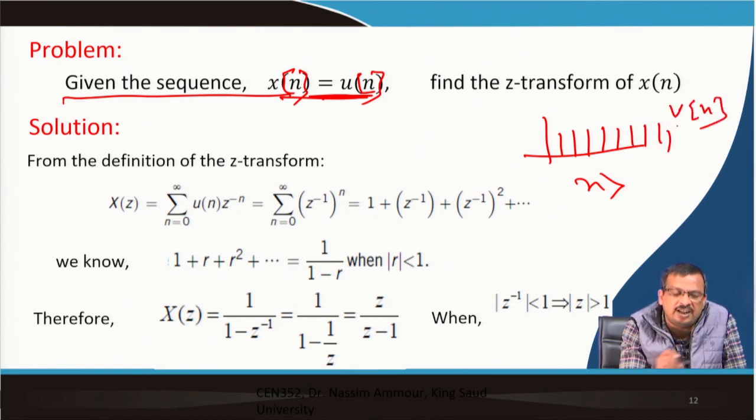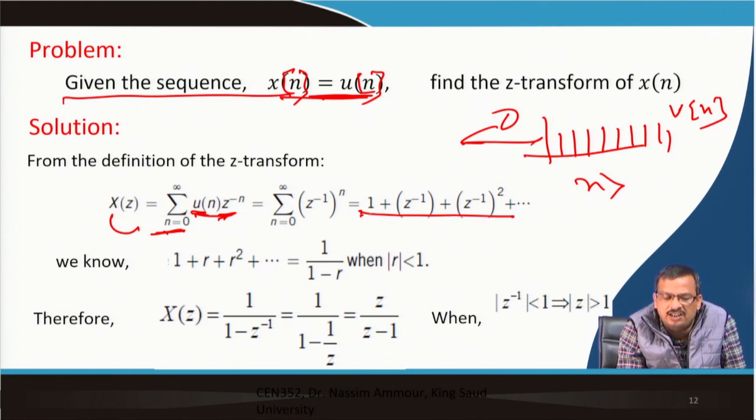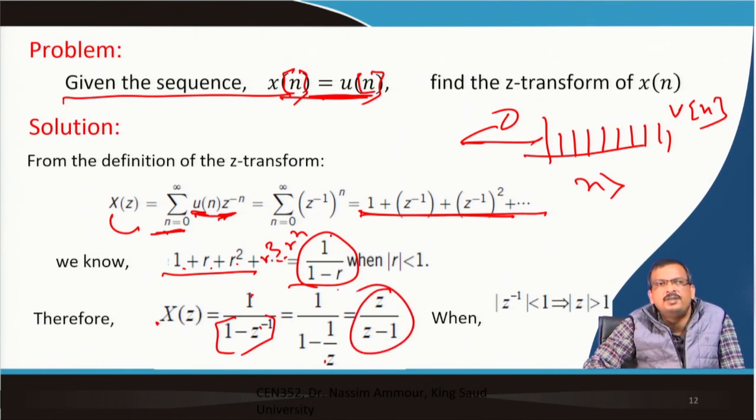Now, if I want to take the Z transform of x(n), X(z), I know this is the sum from n equal to 0 to infinity, because this side it is 0. So, I do not take n equal to minus infinity to infinity, I take n equal to 0 to infinity of u(n) z to the power minus n. So, I can say z to the power minus 1 to the power n. So, it is a geometric series. If it is a series, you know that 1 plus r plus r square plus r cube dot dot dot r to the power n is equal to 1 by 1 minus r. So, I can say X(z) is equal to 1 by 1 minus z to the power minus 1. So, z to the power minus 1 means 1 by z, so X(z) is z by z minus 1.